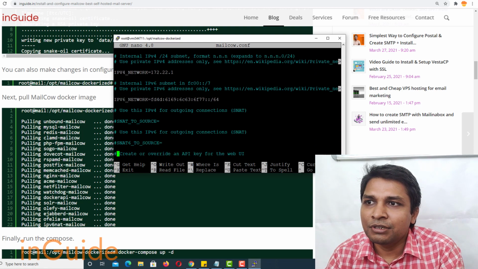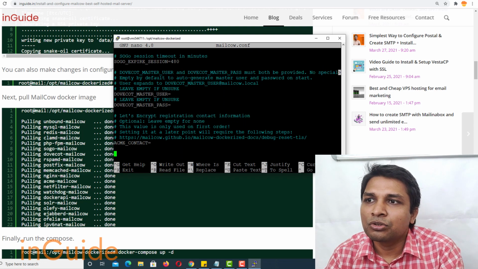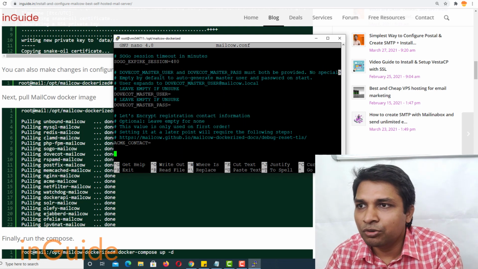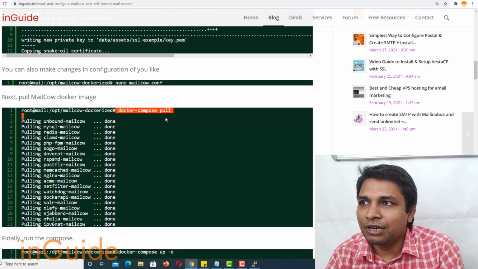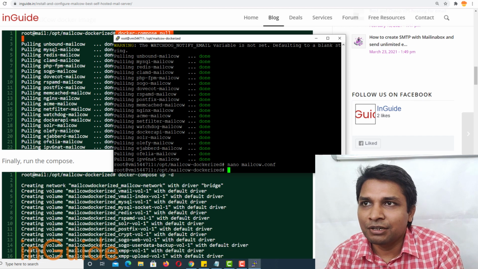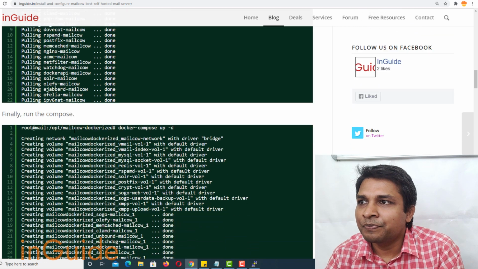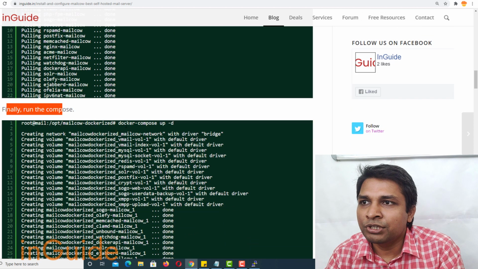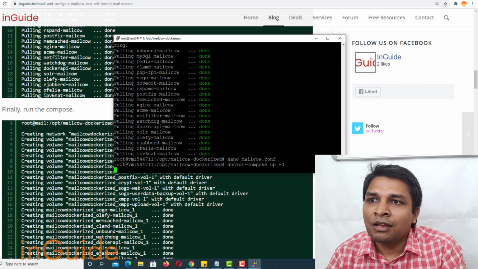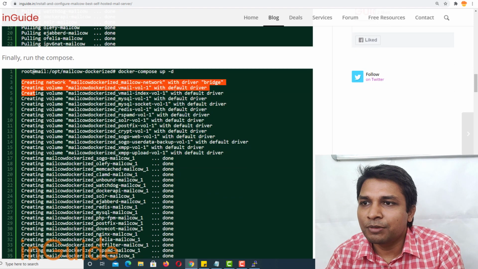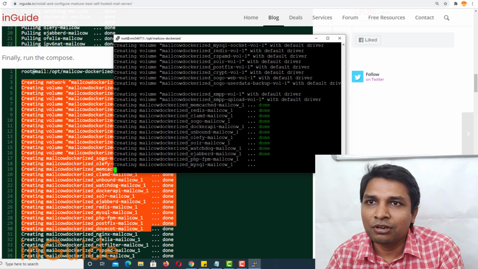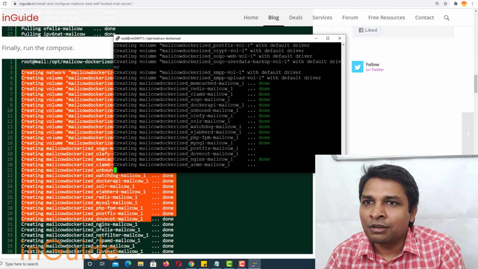I am just showing you this part so that if you want to make any changes, you can do it yourself. And now this docker pull is complete, and here you can see that all steps are complete, and it's green. Next is to run the compose, and for that I'll copy this command and execute it. And now you can see output something like this, and once again here you will see all green appearing.